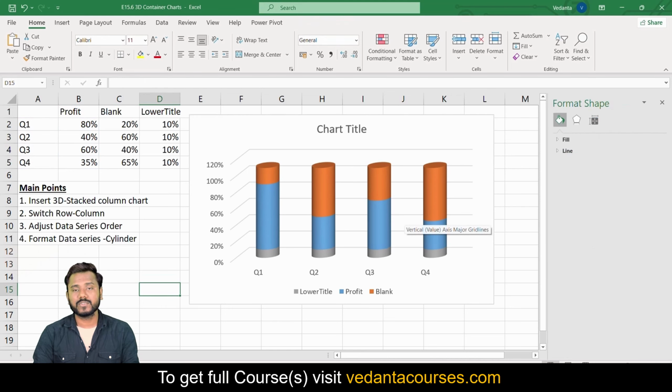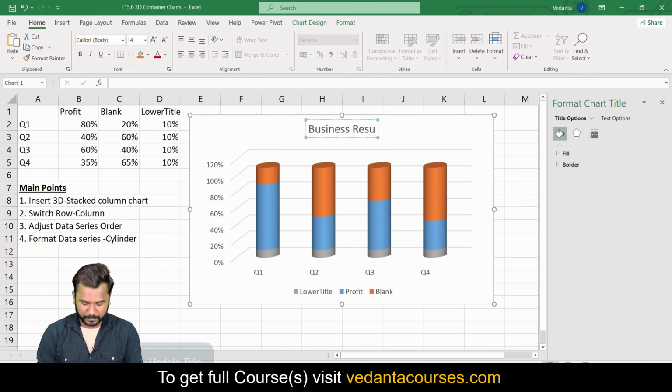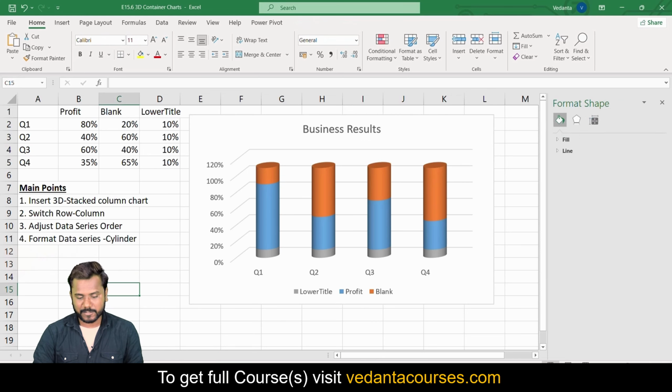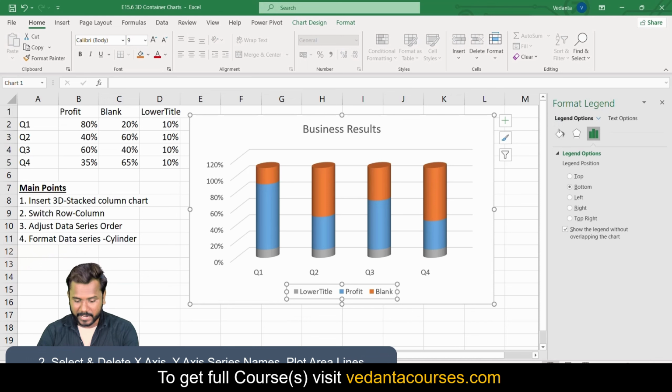We also need to do some more enhancements on this. First, we will add a title. Okay, what is the title? This is quarter results. First, I have added a title as business results, and in the bottom I don't want this area, so select